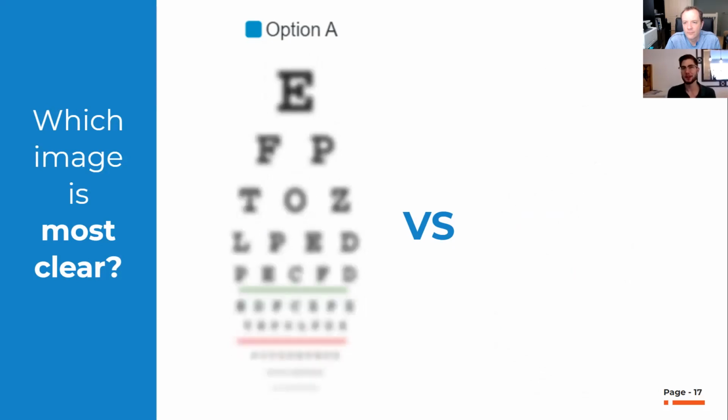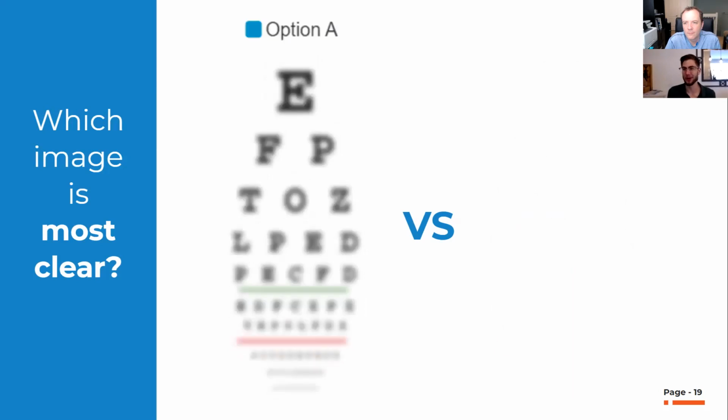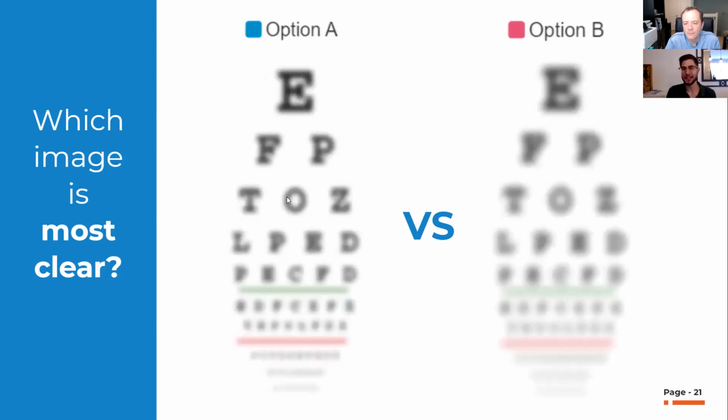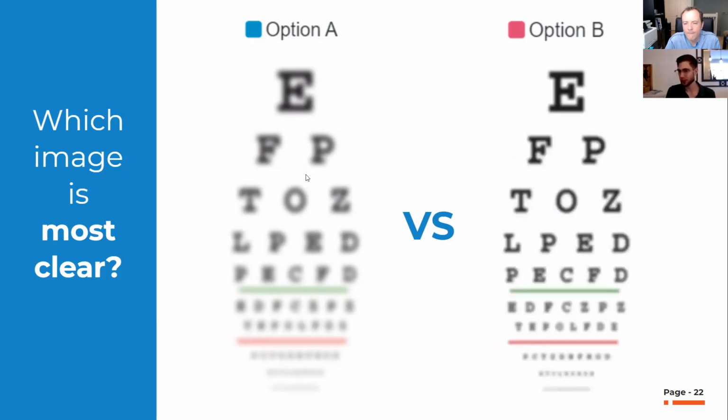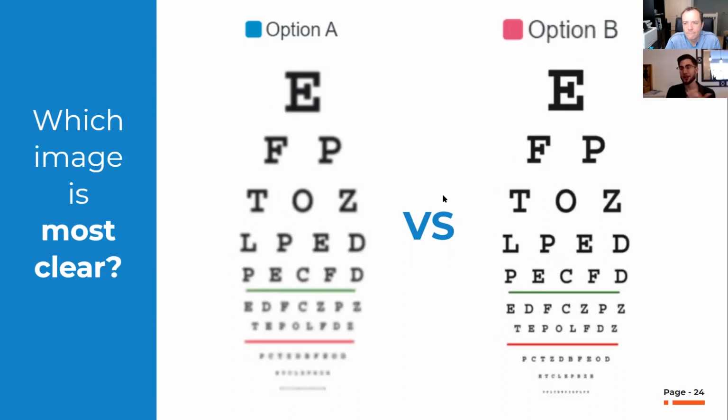And then sometimes they're going to say, okay, is it option A or option B? And you say, I actually don't remember. Can you show me option A again? They're pretty close, right? Option A, option B. And what happened in this scenario is it actually doesn't get more clear. You make a change and it's more confusing. It's not as good, right? So this one actually gets darker. Option A is actually the more clear image. So you keep going, option A, option B, option A, option B,